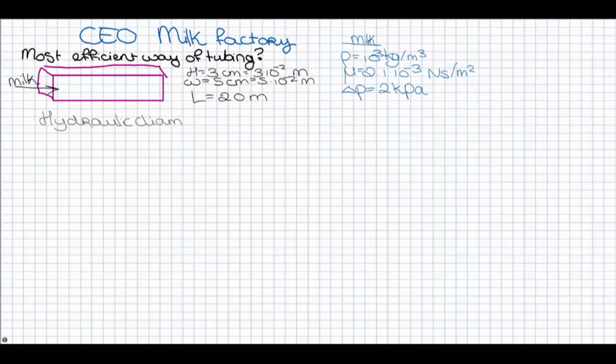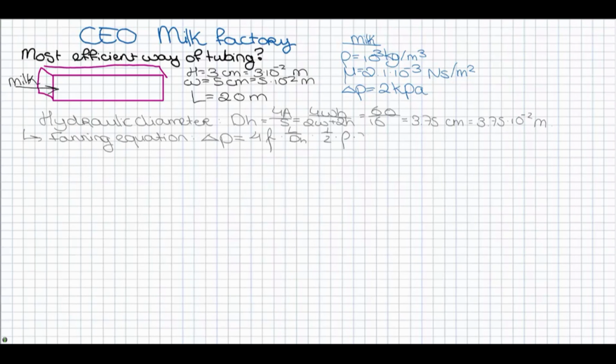For a rectangular pipeline we can calculate the hydraulic diameter because this is what we need before we can use the Fanning equation. The Fanning equation is this, which depends on Reynolds number, which also contains the hydraulic diameter, as you can see here. If we eliminate the average velocity, we will find this equation.